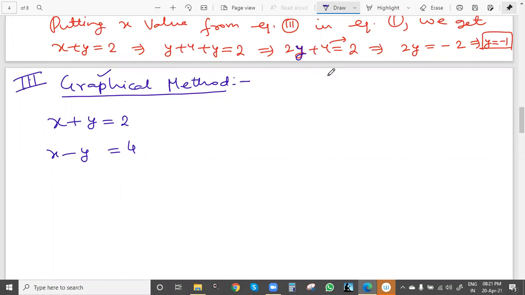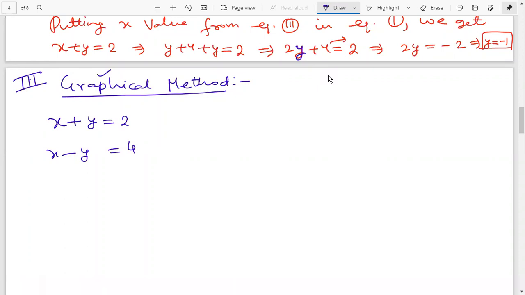So see how we can solve on graph paper. We'll draw a graph separately for these two equations. This is equation 1, this is equation 2, and we have degree 1, or we can say the maximum power of both variables x and y is 1. So we have a linear polynomial, or we can say a linear equation. So for a linear equation, the graph will be...